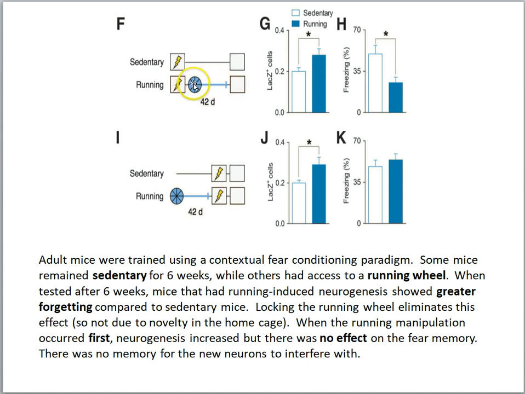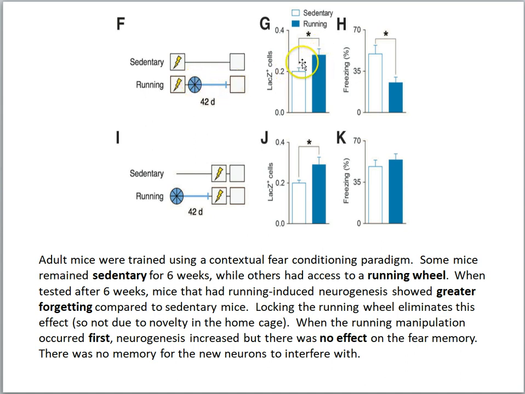And in this group, we would predict that the running should be stimulating neurogenesis. The question is, is the neurogenesis going to influence the retention of the memory across this delay? First, over here we see the cells, again a confirmation that in the running group, the blue bar here, we have more cells that were stained, so it seems the neurogenesis was triggered by the running. So we've got more cells.